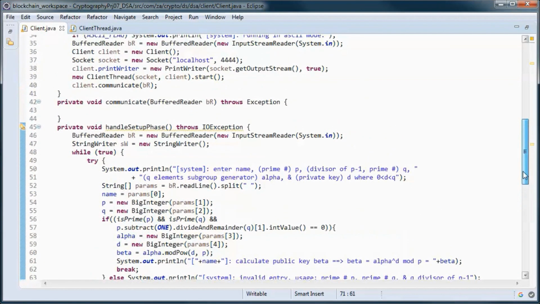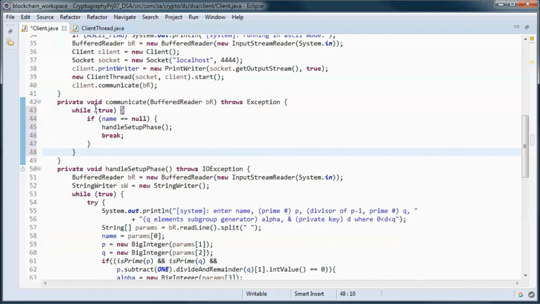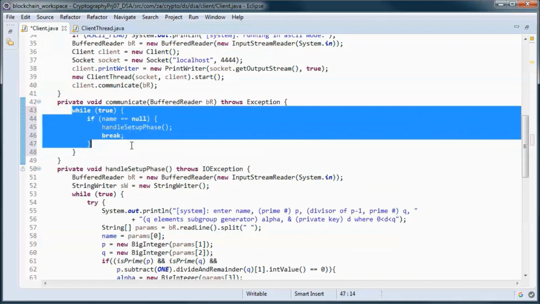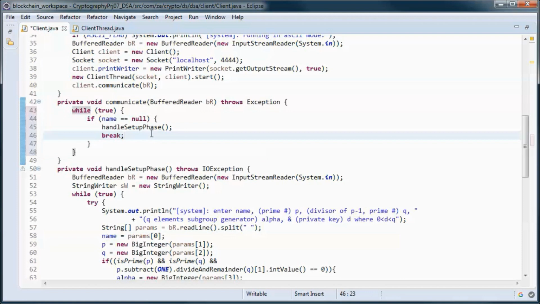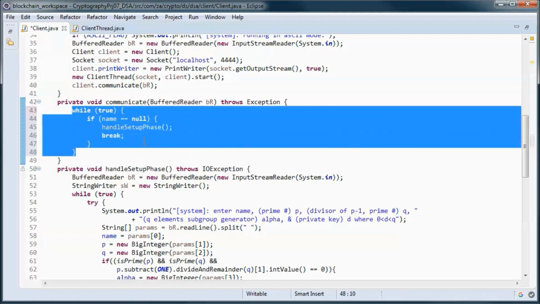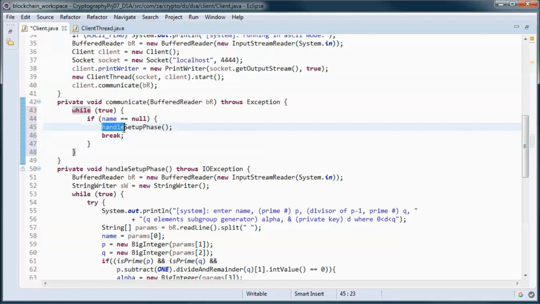So in the communicate method, we first make sure that we handled the setup phase. So we stay in this always true loop until this has been handled.